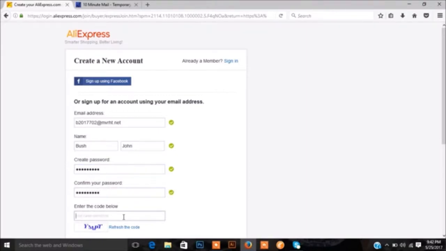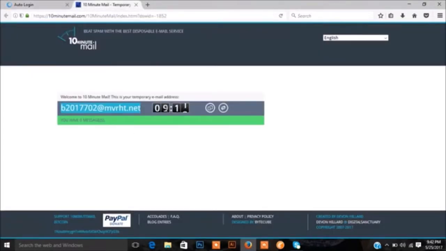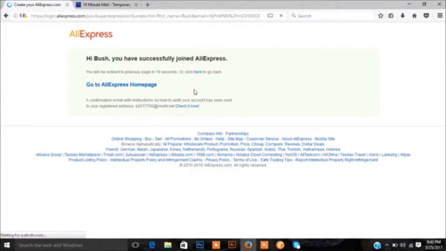Okay, just type in the code below and create your account. So this will be your email. Alright, time's running, guys, so you need to log in, auto login. Alright, it's logging in by itself. And then, alright, go to the AliExpress homepage.